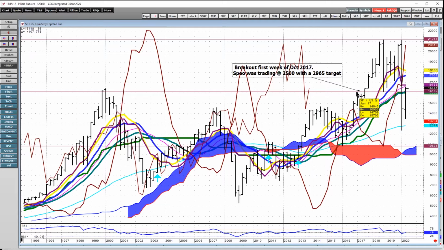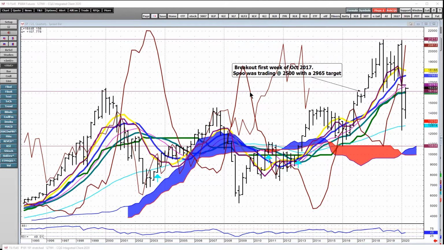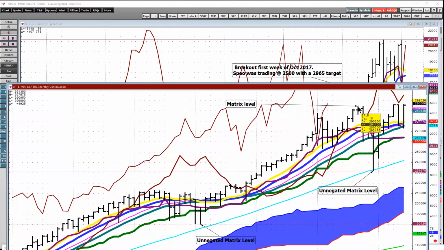The S&Ps are trading at 2,500. Ira was doing a live panel with Rick Santelli and a couple of other people, and he said, the S&P bonds just broke out. And that is the October 18th, 2000 high in this spread, matching up with that 2944 level that I just showed you in the S&Ps on the monthly.